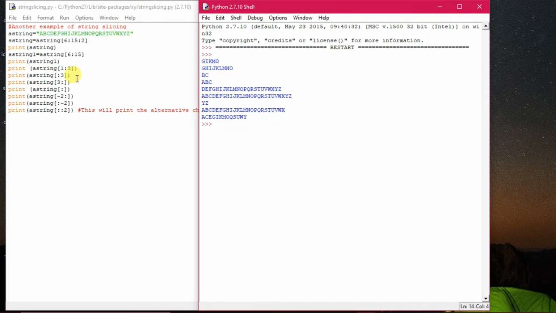Now say :3 has been given before, up to 3. And say nothing has been given as a range, just a simple colon has been given. What is the result? The entire string has been printed, from A to Z. Now with the negative index -2:. The last, Z is -1, Y is -2. So those characters have been truncated, and from A to X everything has been printed, the rest of the string.